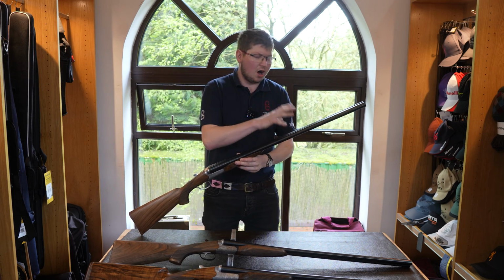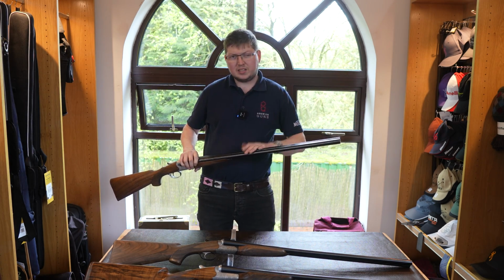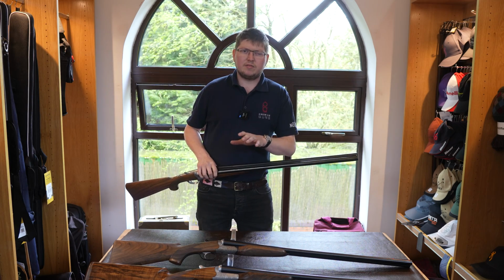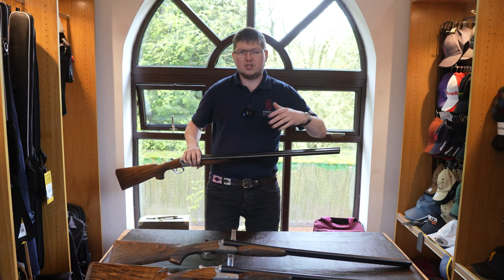The threads and everything are the same, but your patterning will be disturbed because you're going from an 18.4 bore with the 486 to an 18.6 choke. Just be aware of that if you ever do have 2 or 3 different Berettas and you're looking at putting